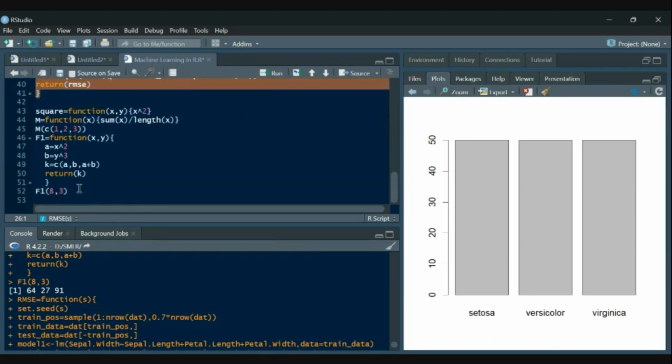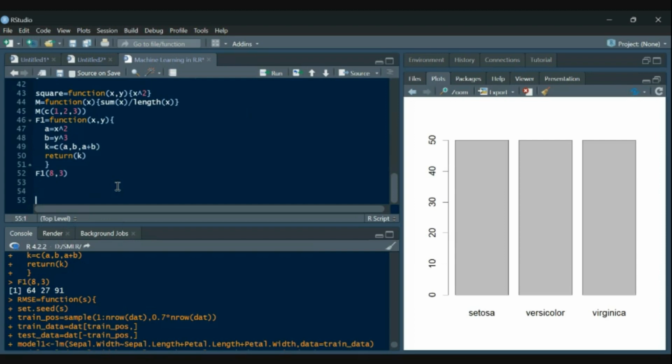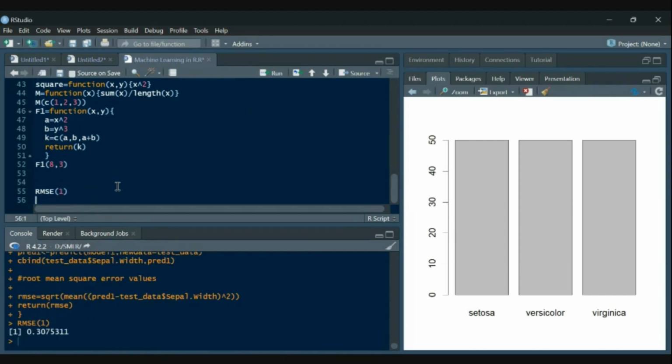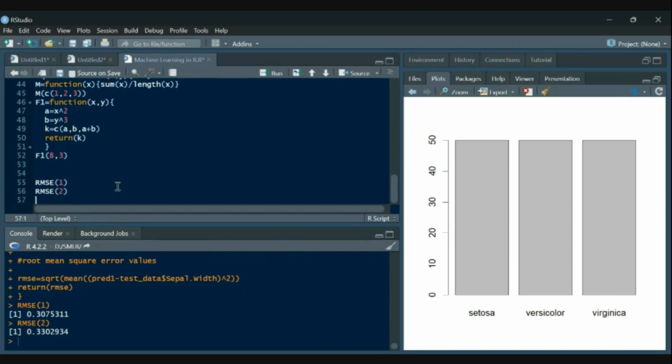Now let's say I give this seed as 1. It will give me the value 0.3075. The value we are feeding in here is the value of seed.